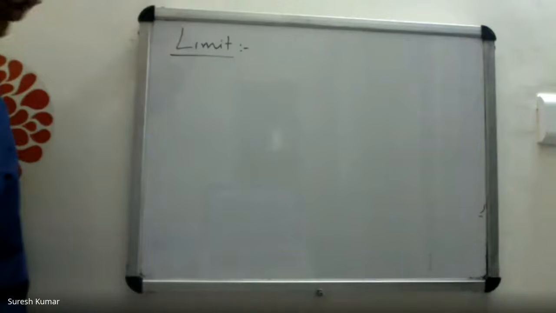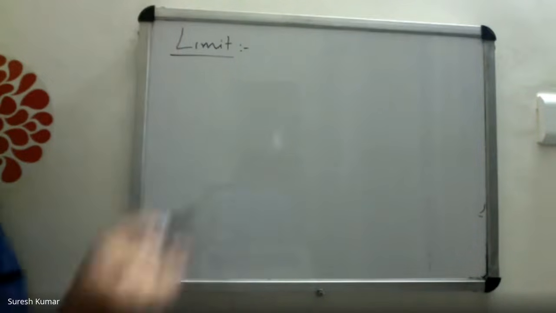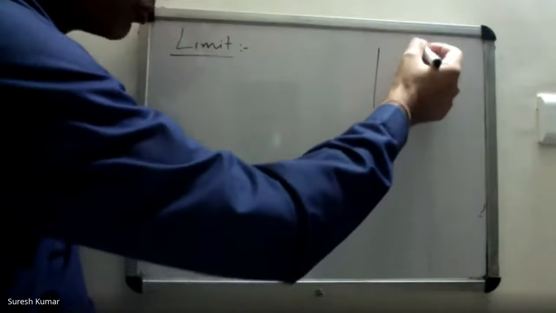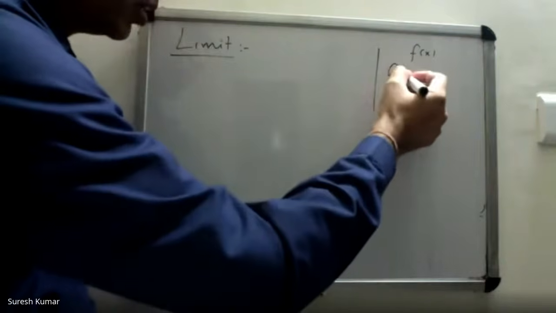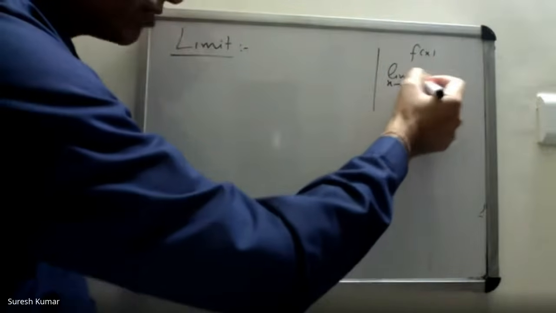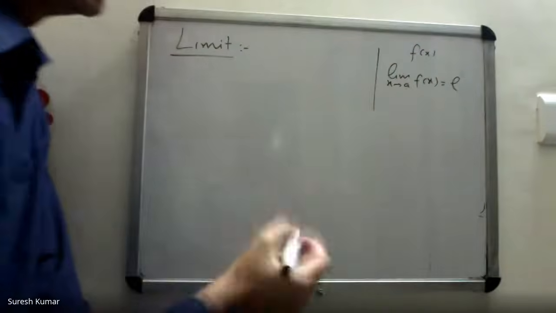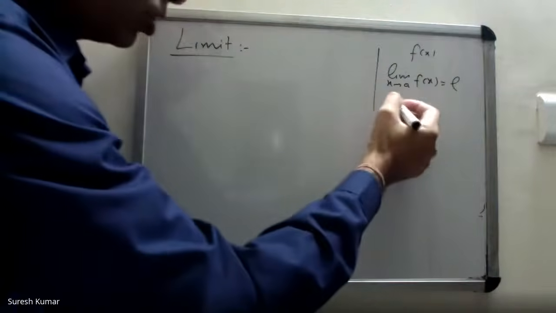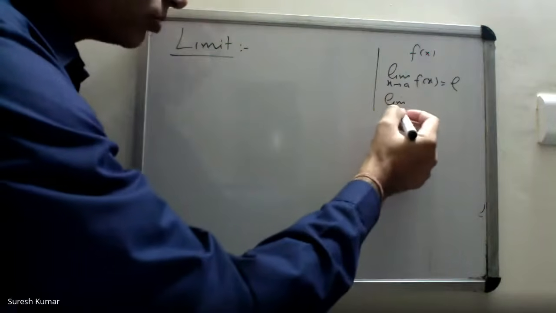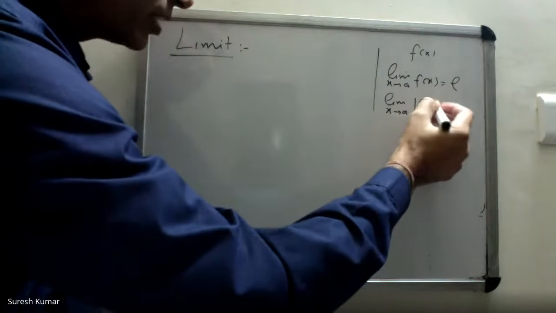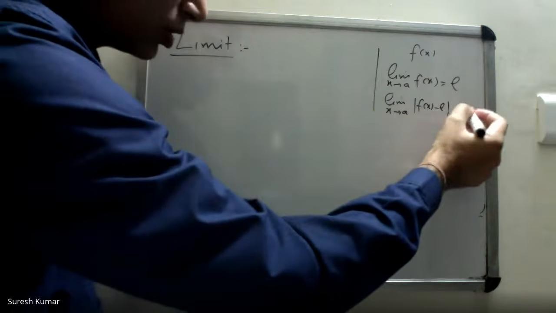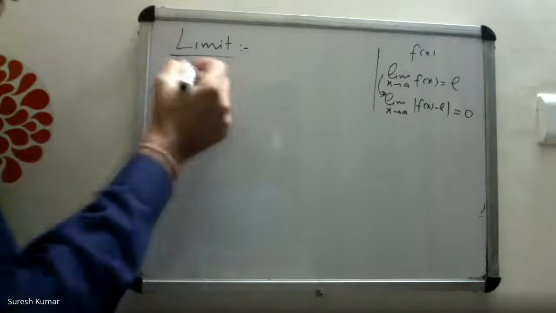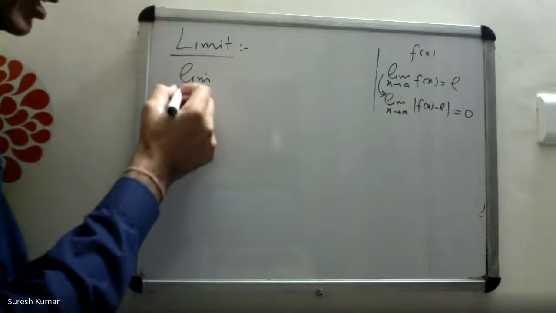So, next point that I want to tell you is the limit. How do you say limit for a scalar function or function of one variable? Limit x tending to a, f(x) is L, means as x tends to a, f(x) tends to L, right? Or I can also write in this form, the absolute difference of f(x) and L goes to 0. These two are same. In analogy to this, limit of a vector function is defined like this.